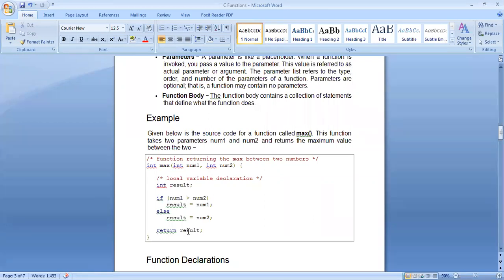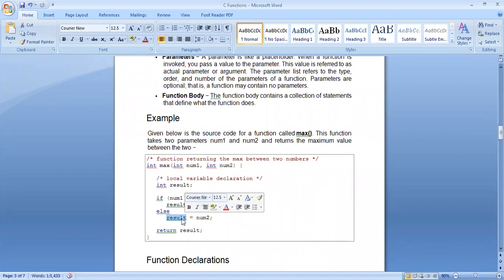Just like in the main function we write return 0 because we are not returning anything else, here you have to return the result that you have obtained after performing the task. Result is the variable which will hold the biggest of the two numbers.